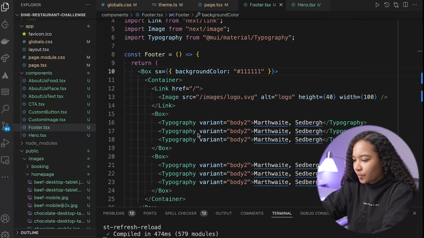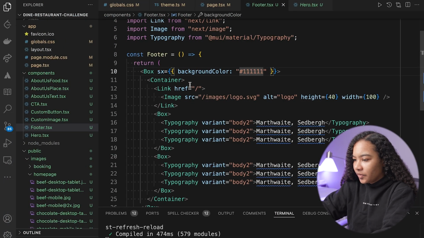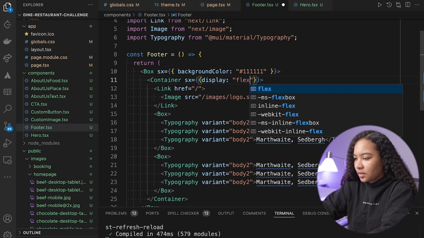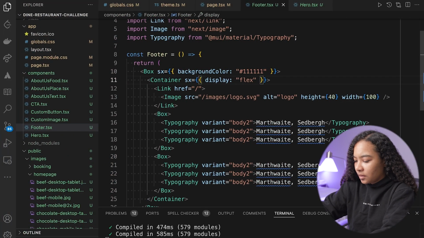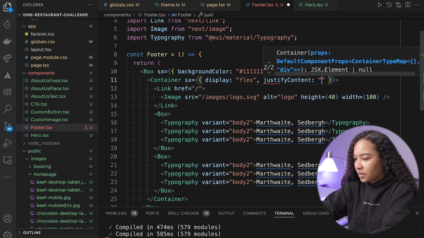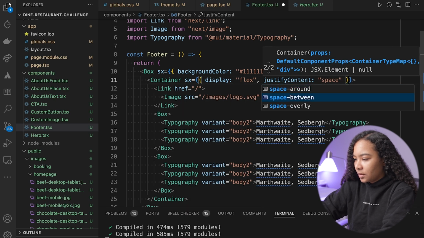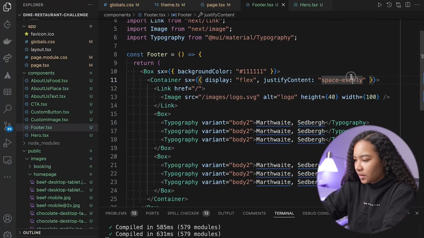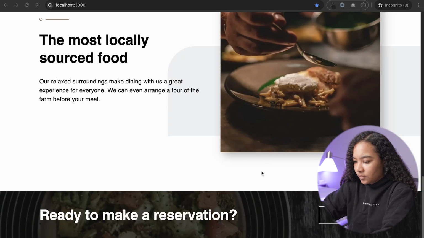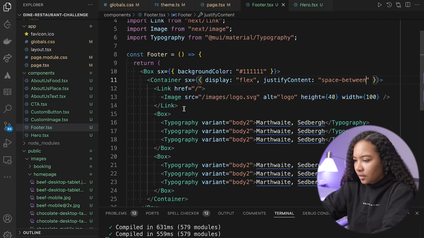Okay, cool. So with this container, we want to say display flex. Good. And then justify content space evenly. Space between. Okay, and then